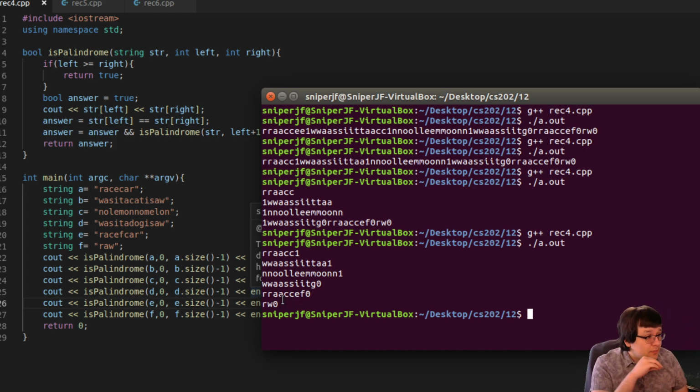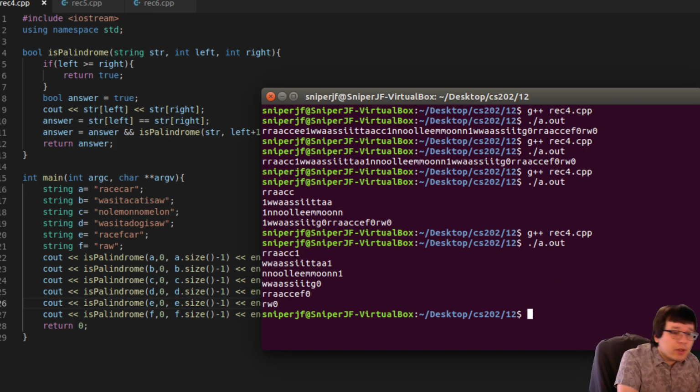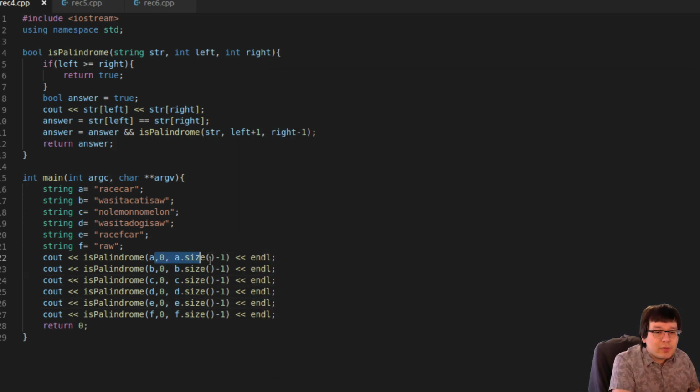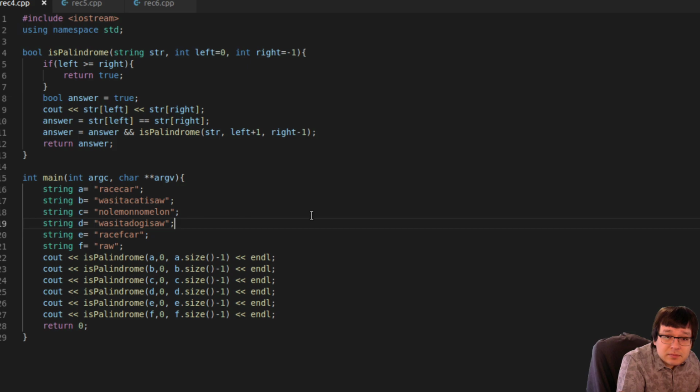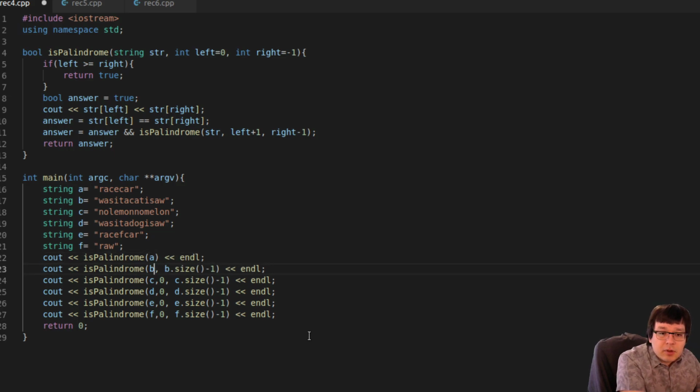So as I said, the last thing I want to do here is switch it again so we don't have these weird parameters being called. So the first thing I'm going to do is set left to be 0 as a default parameter. And then I'm going to set right to be -1. And that's just an arbitrary number. I could have picked 0 there too, actually. But in fact, yeah, there's never a scenario where right could be -1. Okay. So now if I do that, I can basically call this